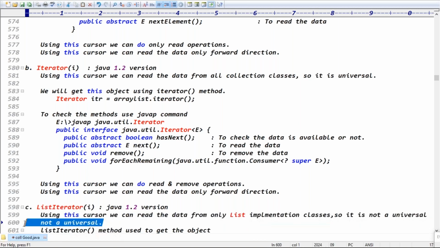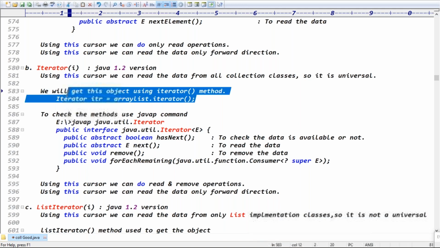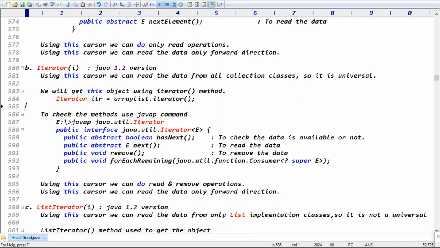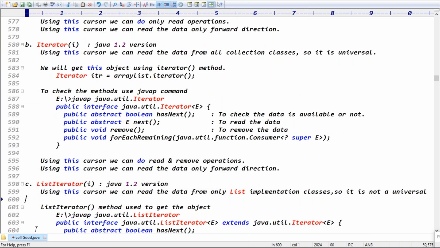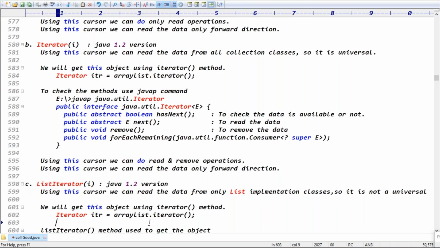So how will we get the object, guys? You will get the Enumeration object using the elements method. You will get the Iterator object using the iterator method. You will get the ListIterator object using the listIterator method, guys. We will get this object using what? The listIterator method, right?